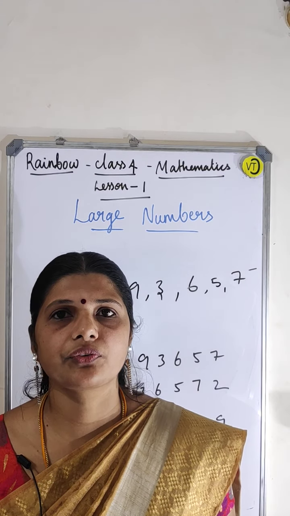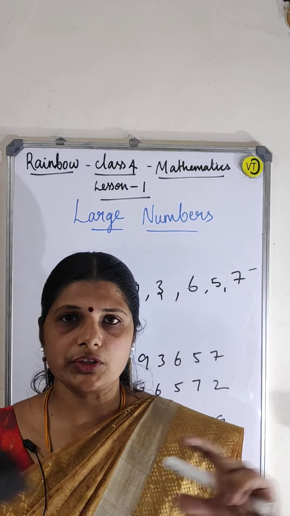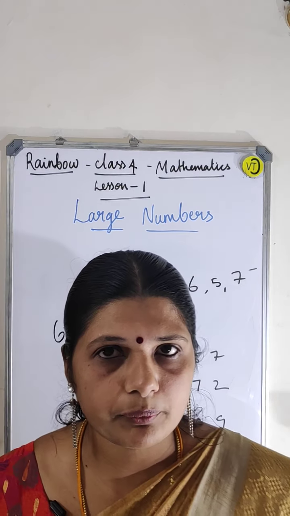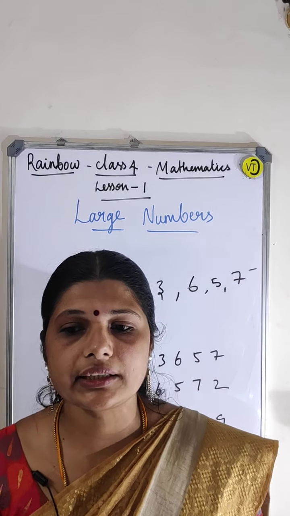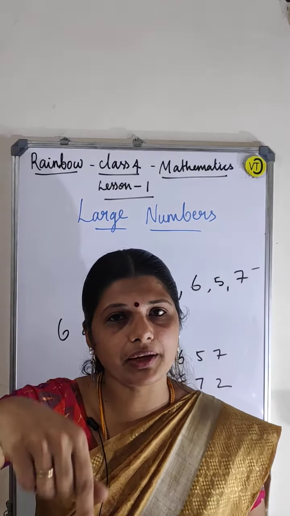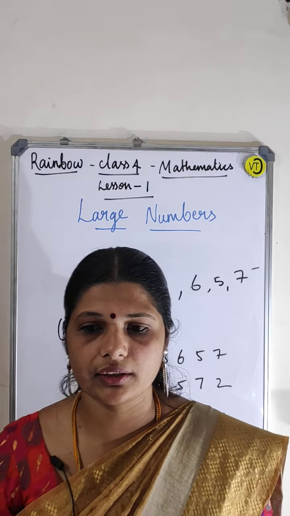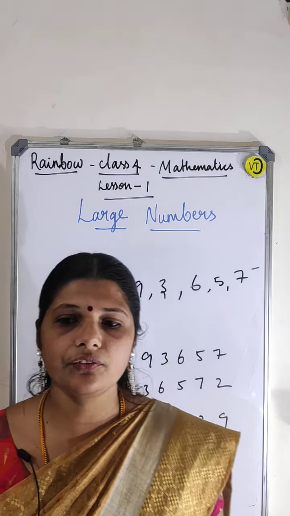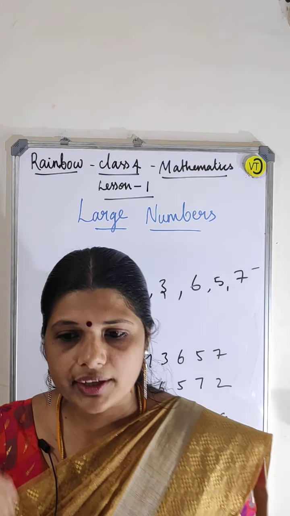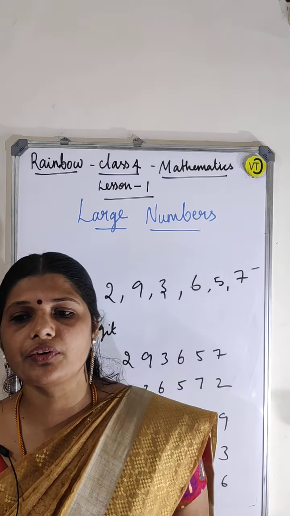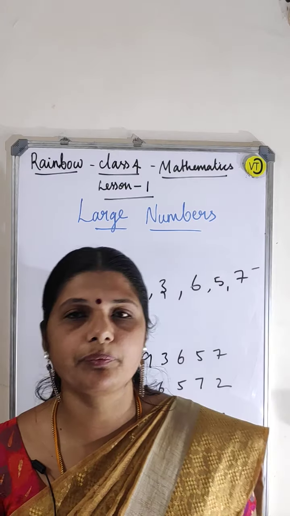A number is formed by grouping the digits together. Each digit has a fixed position called its place. Ones place, tens place, hundreds place, you know that, right? Each digit has a value depending on its place, called the place value. Face value means what? Face value of a digit for any place in the given number is the value of the digit itself.